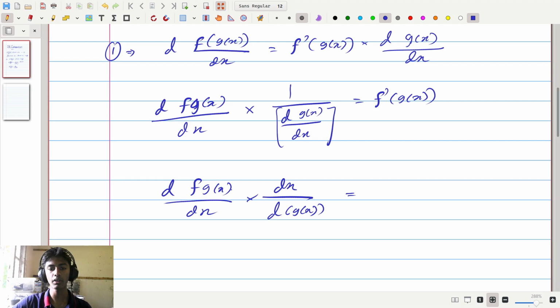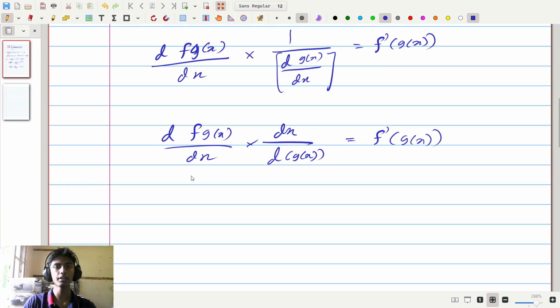And on the right side, what we have is f prime of g of x. Now then, before we continue further, I'm going to make a substitution. This is the u-substitution that I was talking about in the beginning. I'm going to